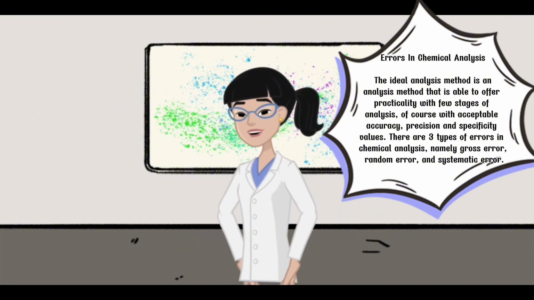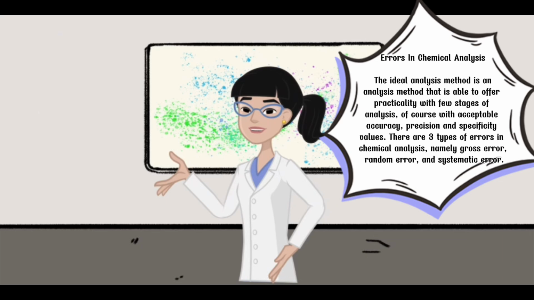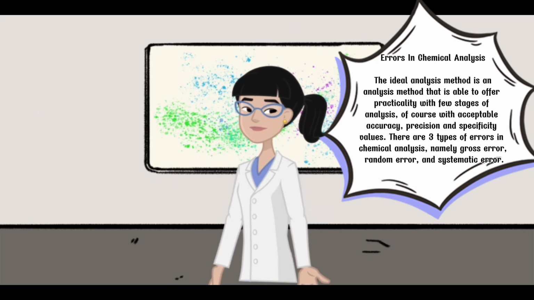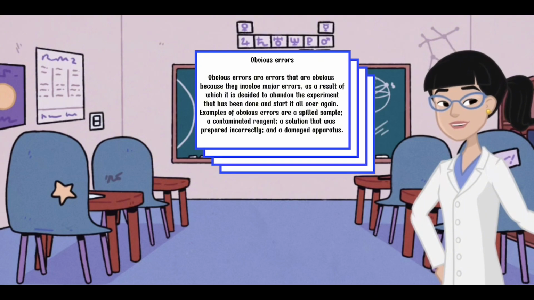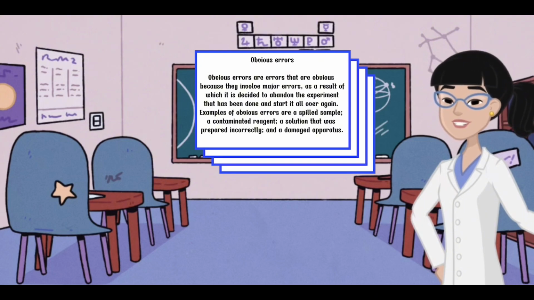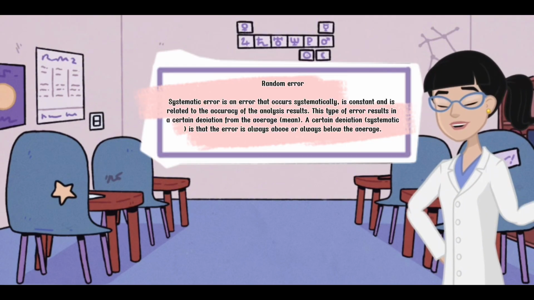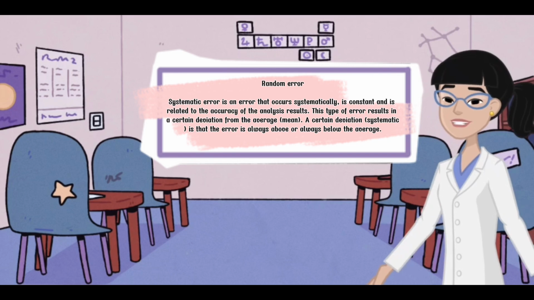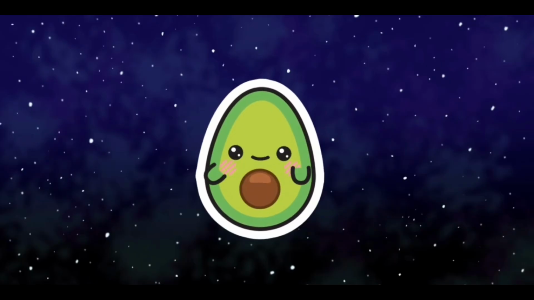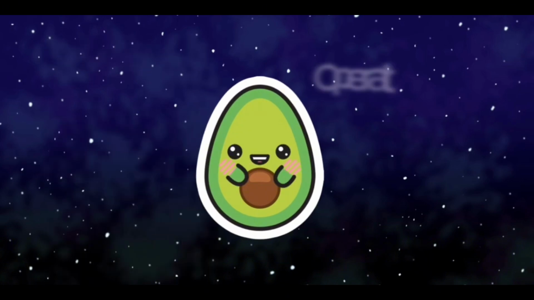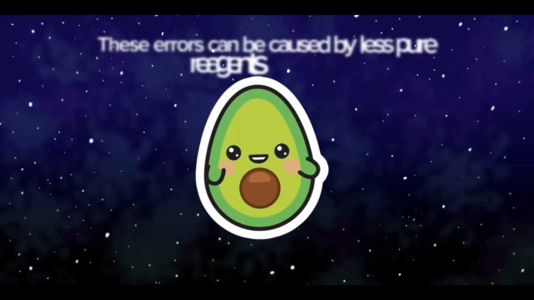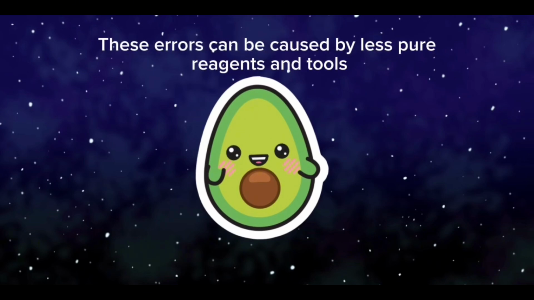There are three types of errors in chemical analysis, namely gross error, random error, and systematic error. Gross error. Gross errors are errors that are obvious because they involve major mistakes. Random error. Systematic error is an error that occurs systematically. Systematic errors include: 1. Personnel errors, 2. Operational errors, 3. Reagent errors, which can be caused by less pure reagents,